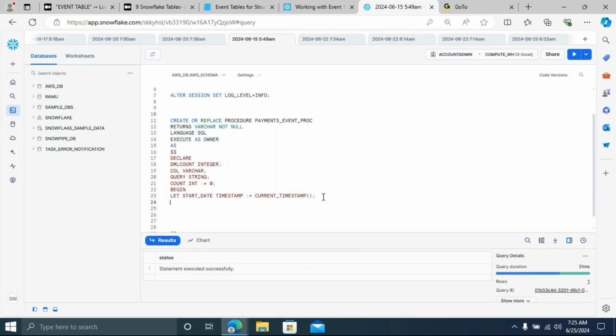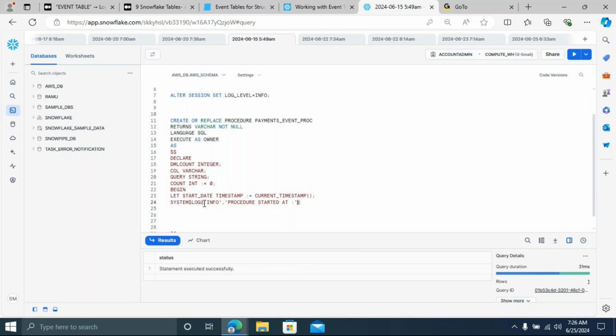Now I'm going to use one system function called log. Okay, if you see some dollars, system function, I'm going to use log. What's the log level I gave here? Info, Anand, it's info. I'm going to give some log levels. Just one info, and then I'm going to give some custom message. Procedure started at.